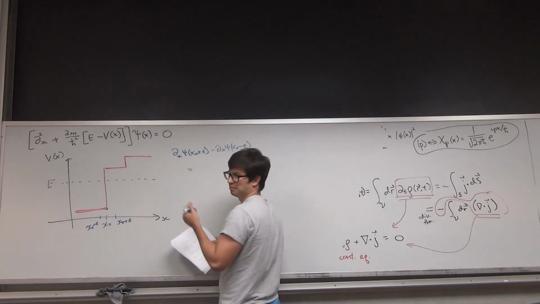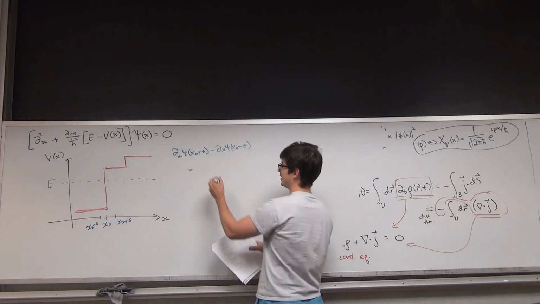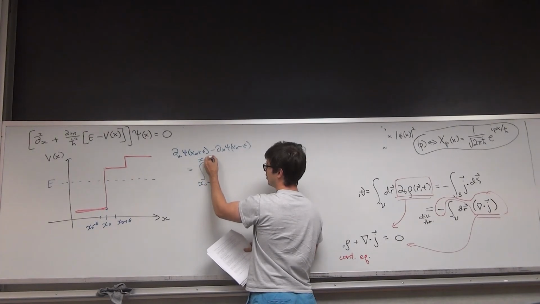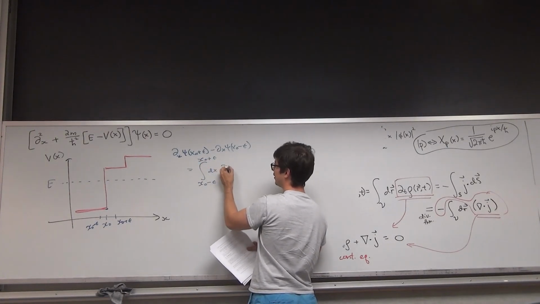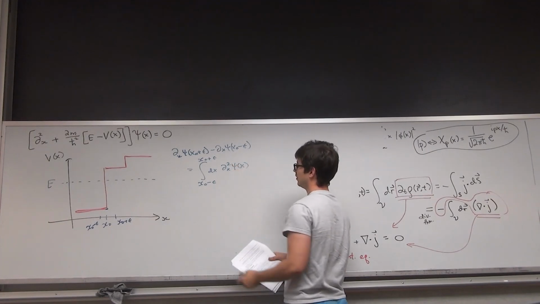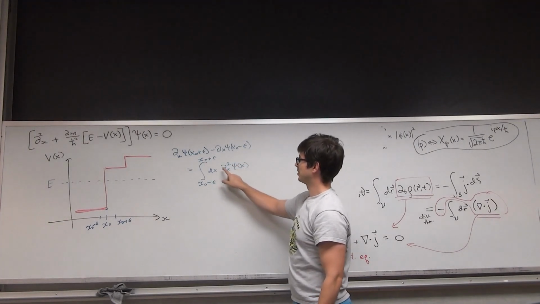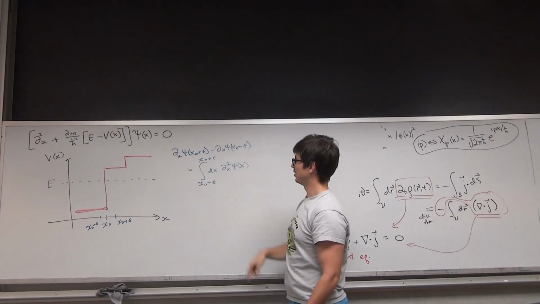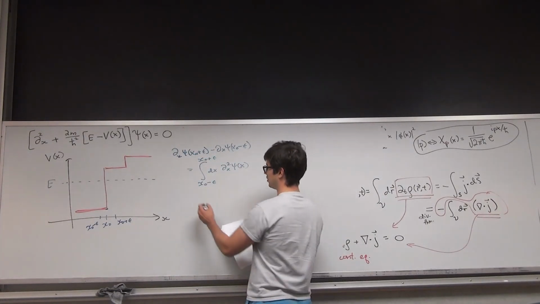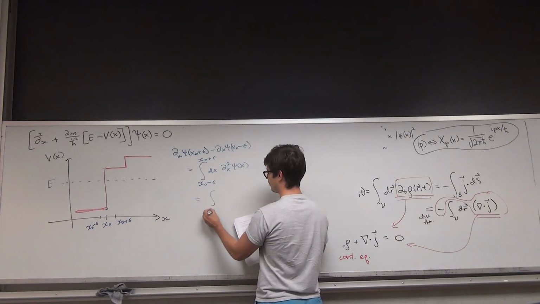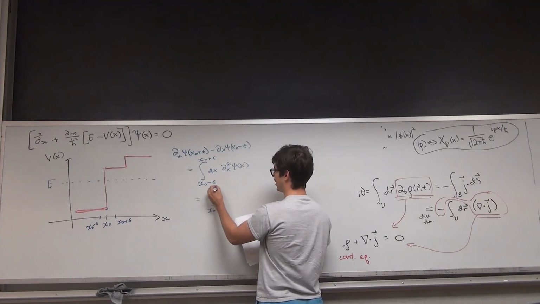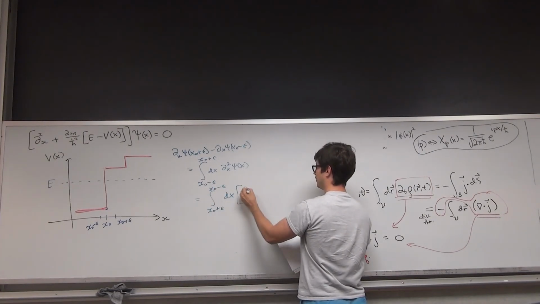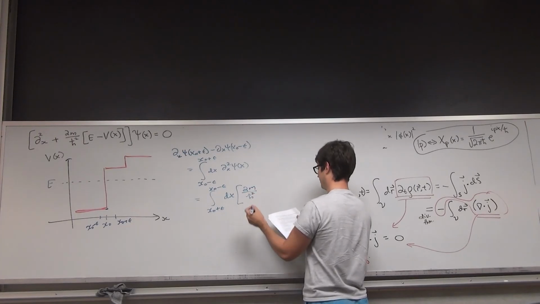this is the difference of this derivative of psi after and minus before the jump. But we know from the fundamental theorem of calculus that this must be the integral in going across this jump of the second derivative of psi. Right? Because the integral kills one of these derivatives, so you get the value of the function at the upper limit minus the lower limit. But we know what this is. This is just from the Schrödinger equation. The integral from x naught minus epsilon to x naught plus epsilon of dx times 2m over h bar squared